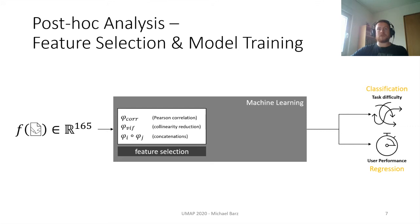One of them is based on correlation to the respective prediction target. This means if a feature correlates with, for example, task difficulty in the classification case, we remove it from the dataset. Another one is based on collinearity reduction. We use the variance inflation factor here. So whenever the variance inflation factor is greater than 10 for a feature, we remove it from the dataset until